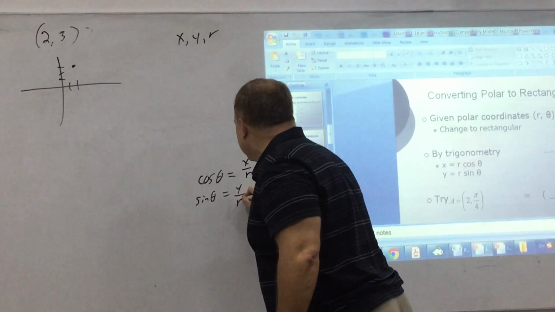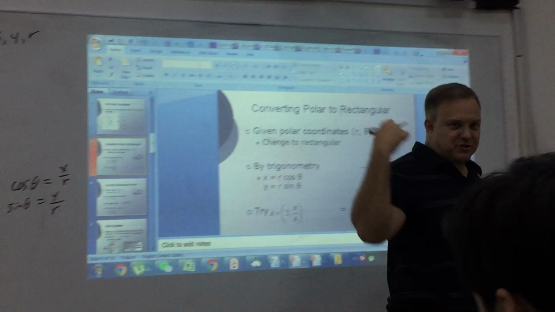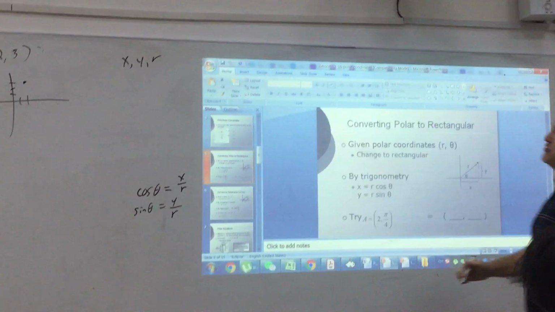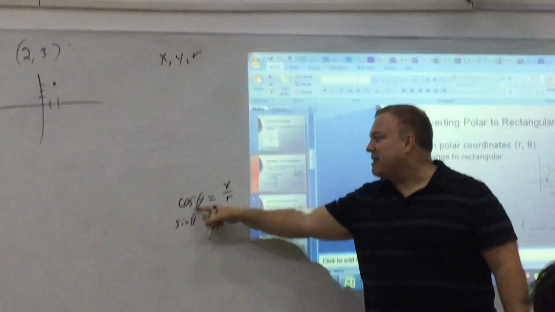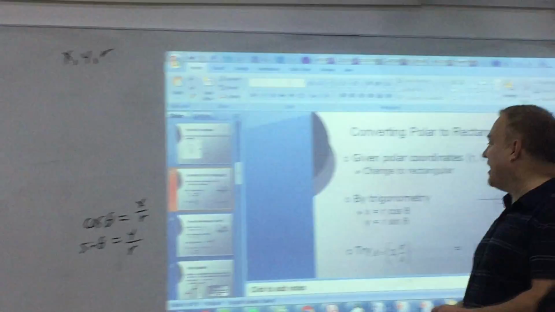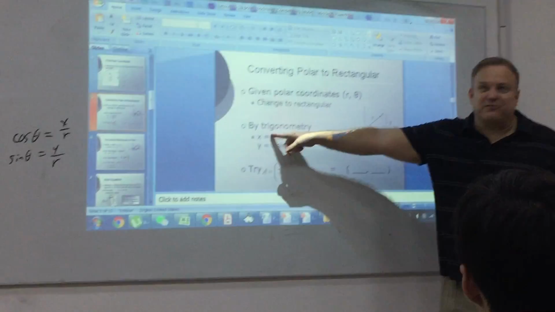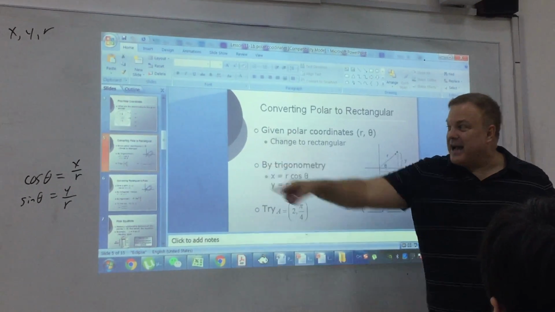How about sine of theta? Okay, good. Well, yeah, you probably forgot that, but that's actually how we first learned to define these 2 functions. Now, if you believe that cosine theta is equal to x over r, do you believe that x is r cosine theta? Well, yeah, you just solve for x. And if you take the sine of theta